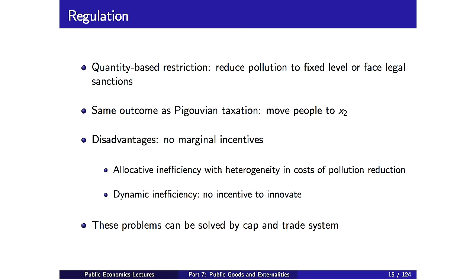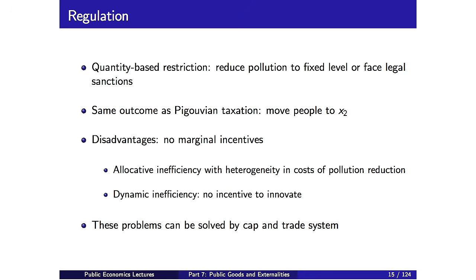So if your marginal costs of cutting pollution are very high, you wouldn't bother doing it. But for a person for whom it's very cheap, they would try to save money by doing that. So the price method looks better from that perspective. And so then that also relates to the production technology choice, which I think is particularly important in a dynamic